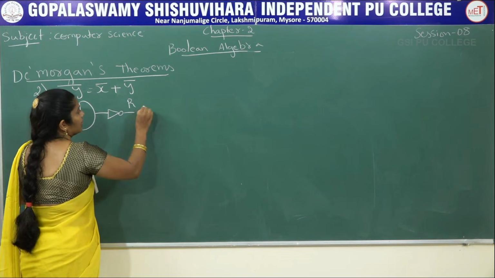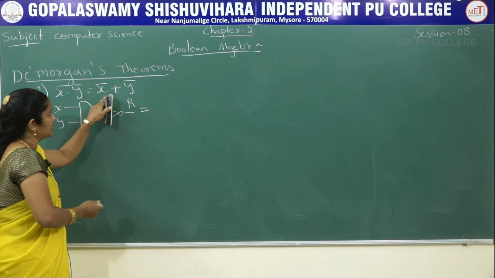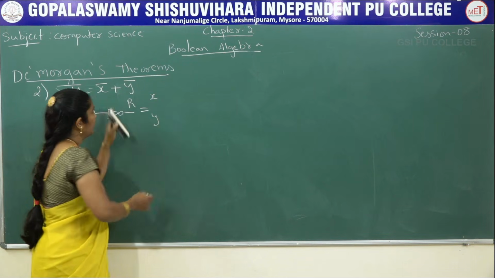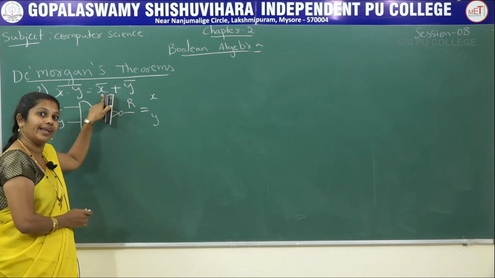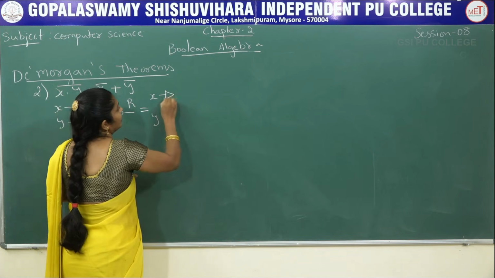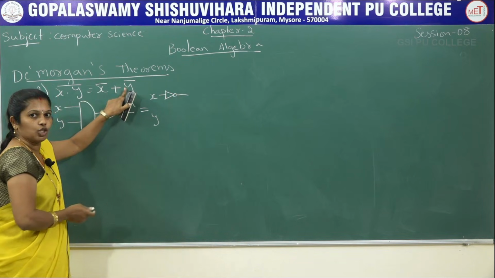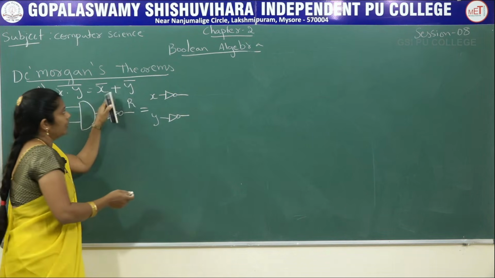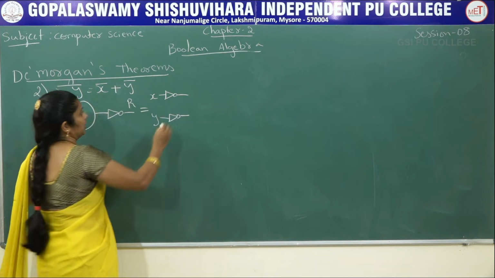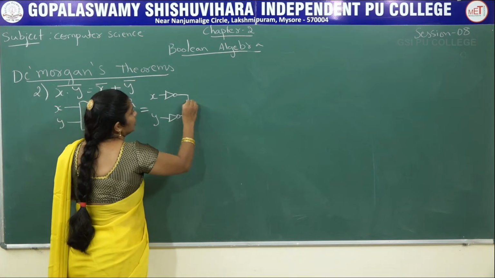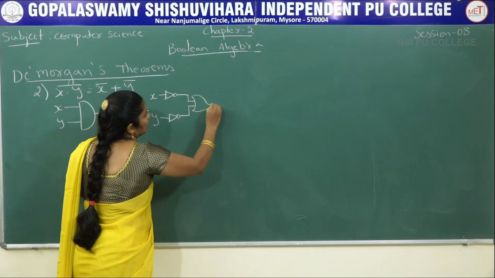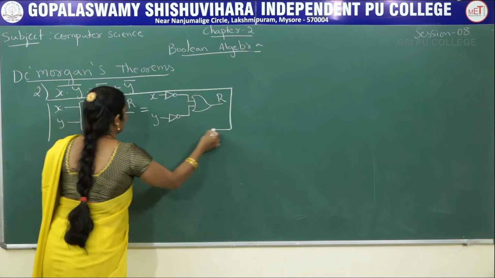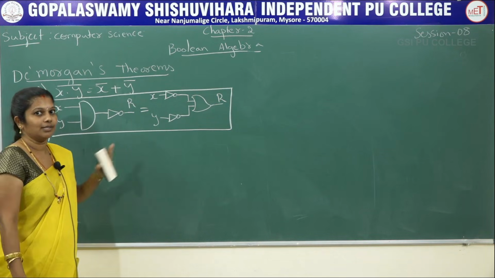I am going to consider this R, that is equal to x bar plus y bar. Here I am going to take x and one more is y. But for the circuit diagram I require x bar, so negate it. And for this one also we require y bar, just negate it, not operation. Then combine this by using the plus operation. Plus means it is compulsory to use the reverse C shape. I am going to take it as R. This is the circuit diagram to represent the second De Morgan's theorem.